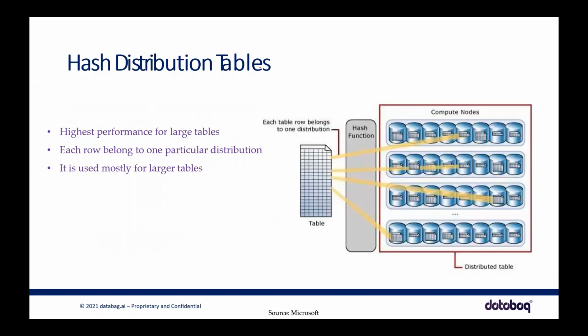And let's talk about hash. We've managed for dimensions with less data with replication. We have managed for staging to just load the data using round robin. But what about the fact tables which have more data? Because like I said, when I was explaining dimensions and facts, for fact, you will have more data, right? So in that case, you will use hash distribution.